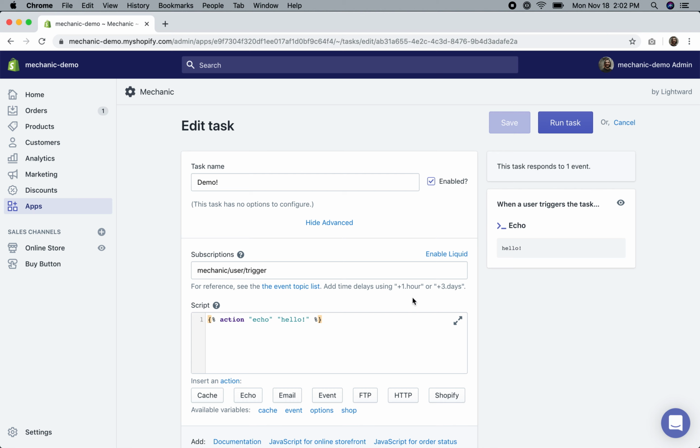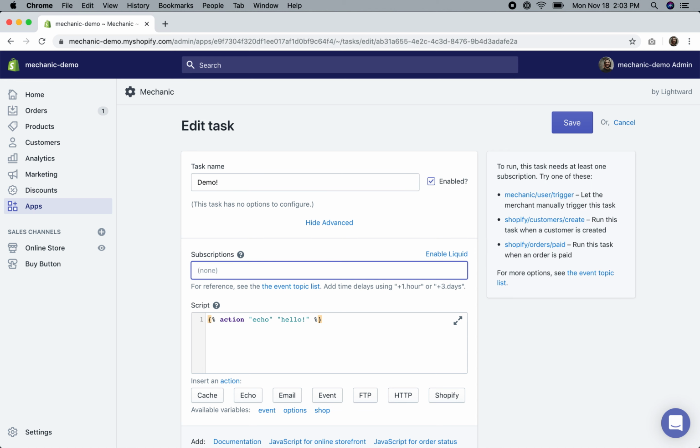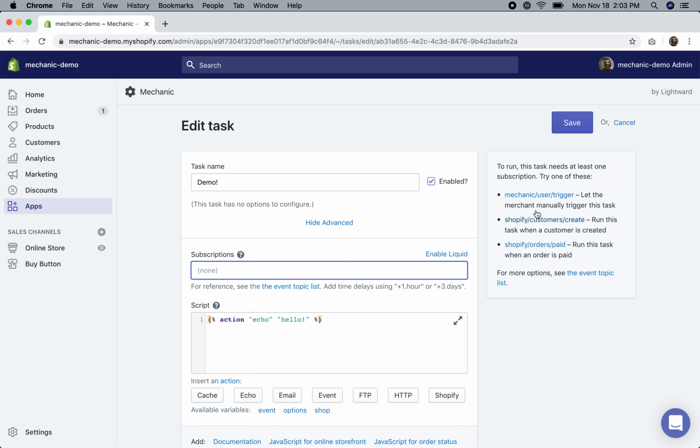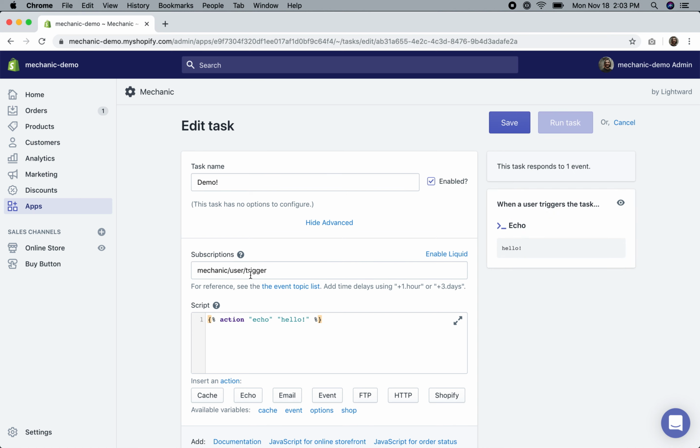There are many times in Mechanic where it's useful to add a time delay onto an event. For example, you might want to respond when a customer is created, but maybe not right away. Perhaps you want to send them an email an hour or 3 days after their account has been registered. To demonstrate this really quickly, we're going to take a look at taking any event topic and adding an optional